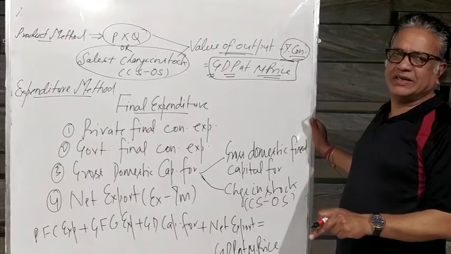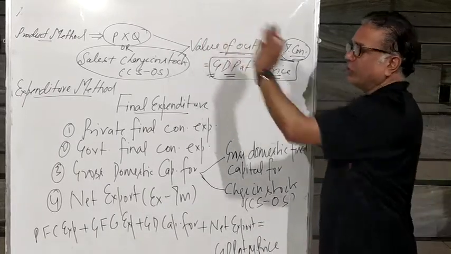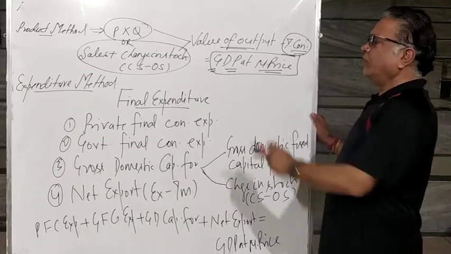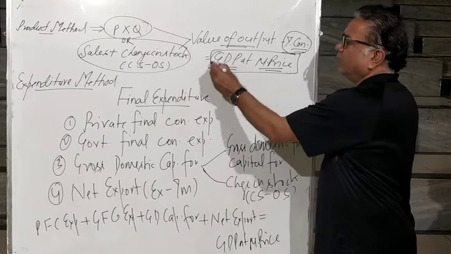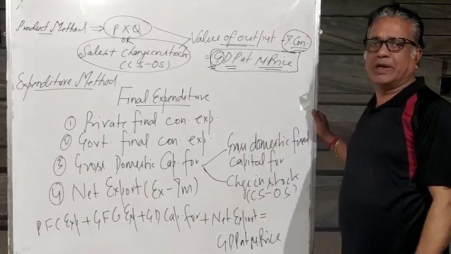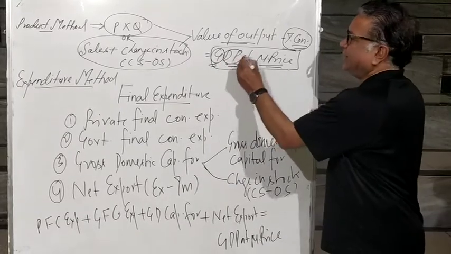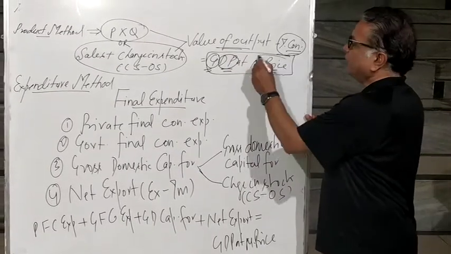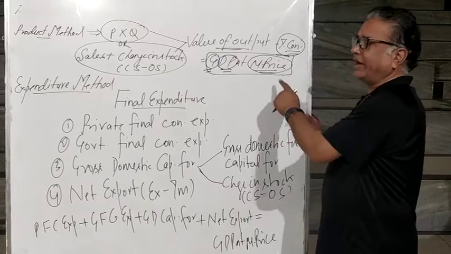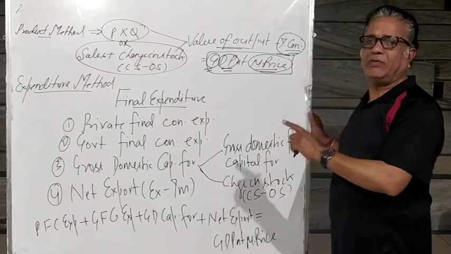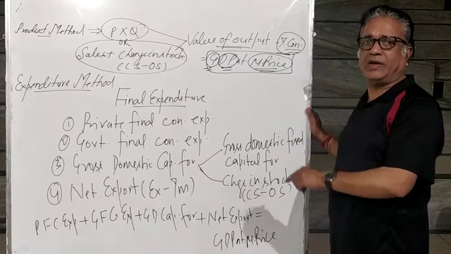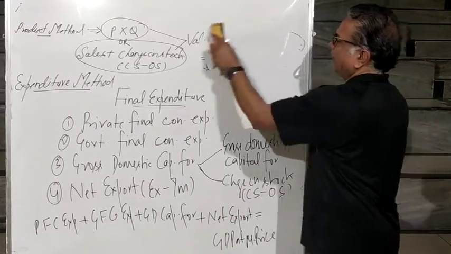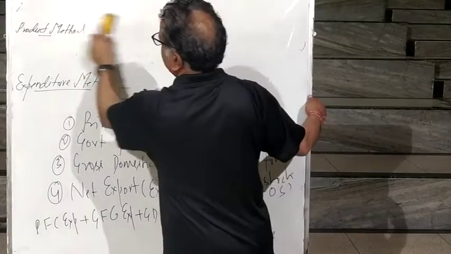If you have been asked in the exam, calculate national income using product method, first what you will calculate? GDP at MP. And then from GDP at MP, you will remove depreciation. It will become net. You will add net factor income from abroad. It will become national product. And then you will remove net indirect tax. It will become factor cost. NNP at factor cost, net national product at factor cost, that is known as national income. So this is over. Now only for practice, numerical part is left.